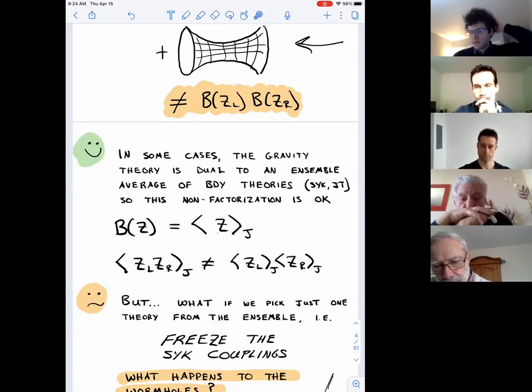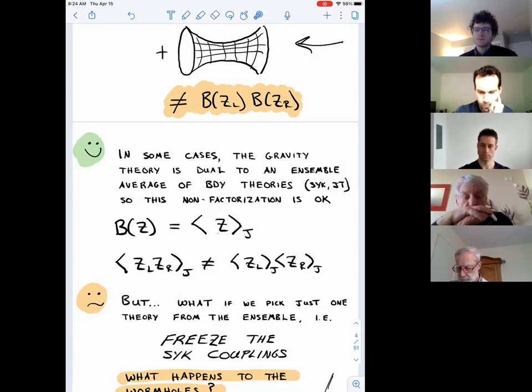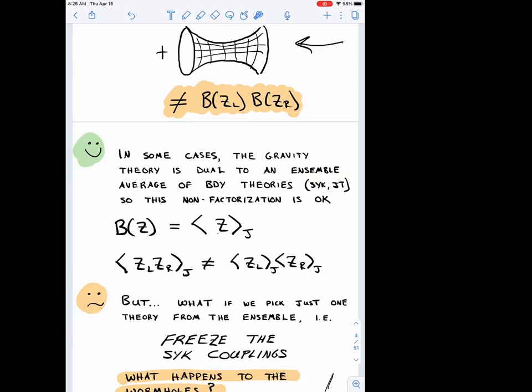Okay, but this is an assumption, right? I mean, it's not like you can... Well, it's a thing that you can do. You can average at the end, and that sort of makes sense in this context of SYK and JT gravity, and that's the setting where you get a simple bulk theory that does contain these wormholes. So it's not really an assumption. It's just part of the definition of those theories, and that's how the correspondence to the bulk works in those cases.